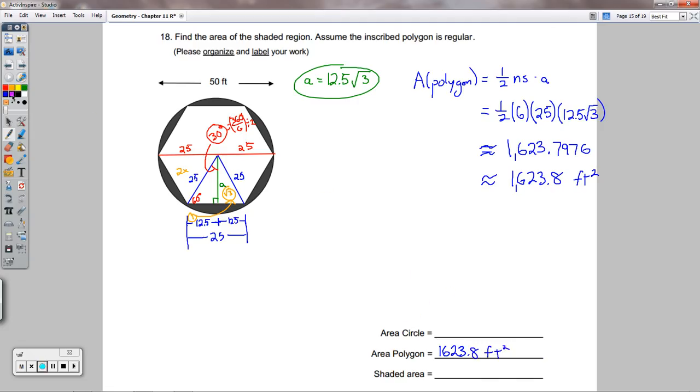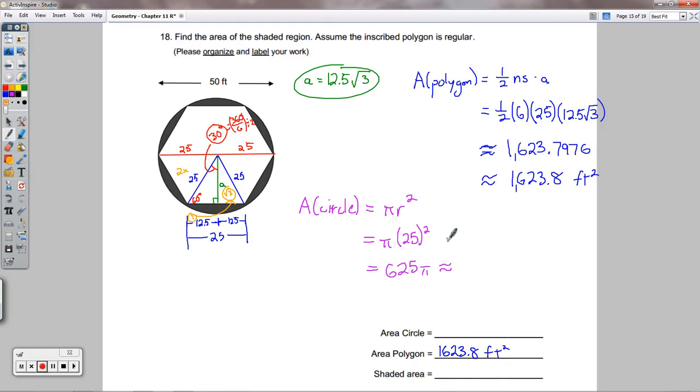The circle, this should be a lot easier to figure out. I'll do this in purple. So the area of the circle is pi r squared. And r is 25. So 25 squared, that's 625. 625 times pi is approximately